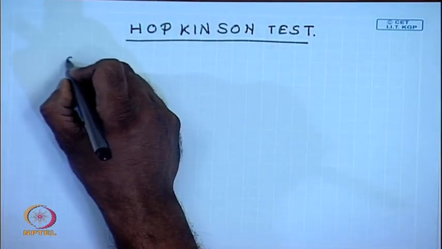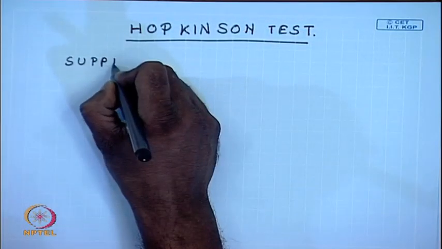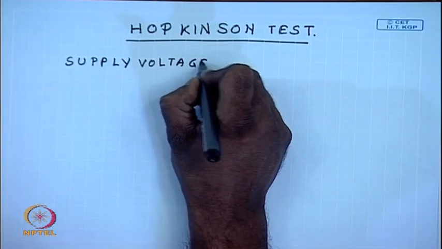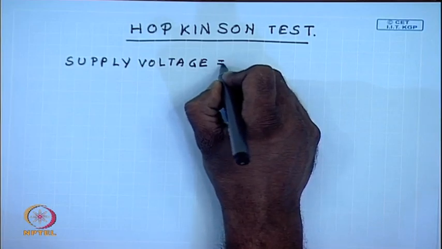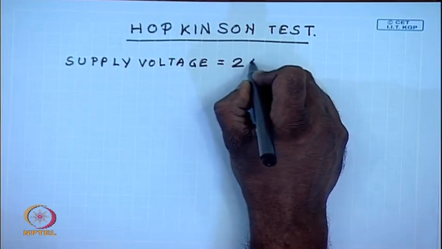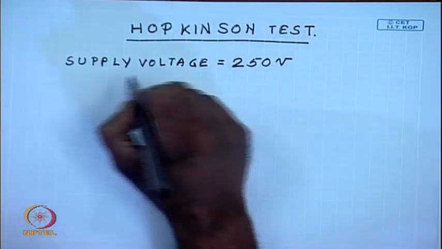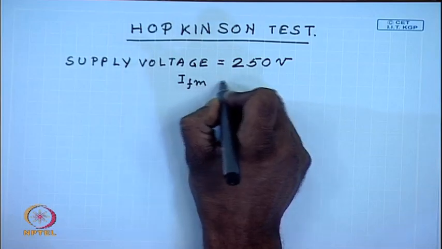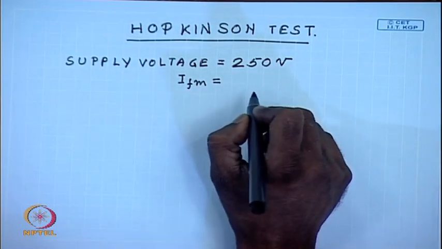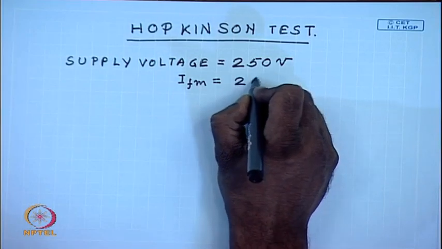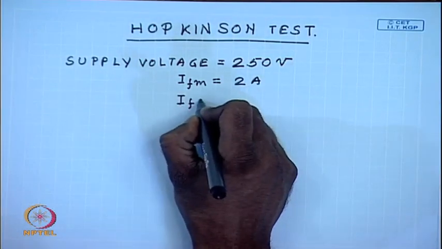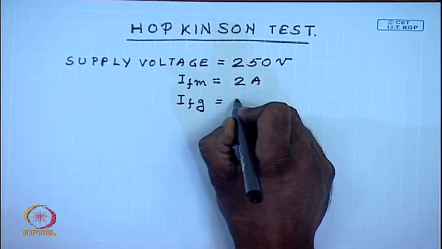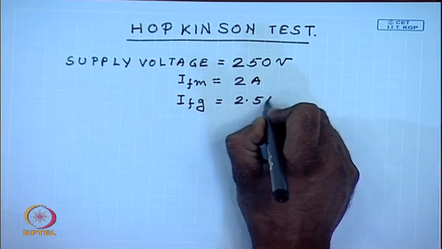So, supply voltage is 250 volt, IFM is 2 ampere, IFG equal to 2.5 amperes,